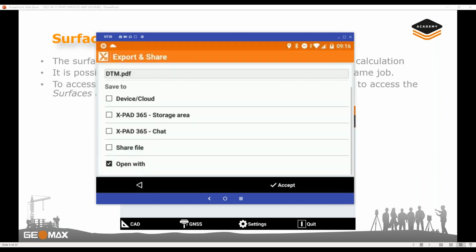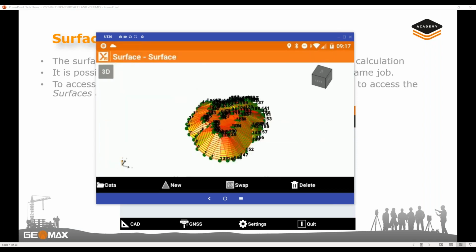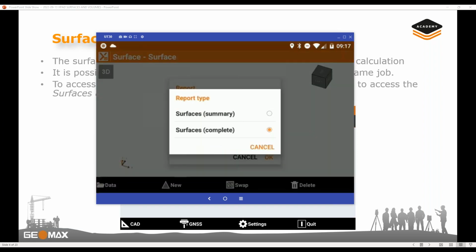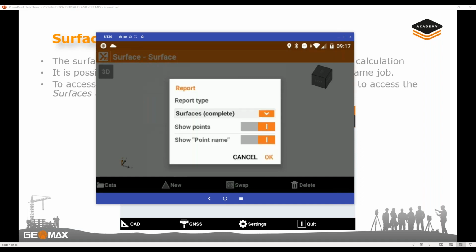What is the difference between a summary report and a complete report? Let's move back and select the second option. Here we have, of course, data, report. The second option is complete report. Again, here we can show or not show the points in the report. In this case, we can select or unselect to show the points, plus also select or unselect the point name. This last option, point name,